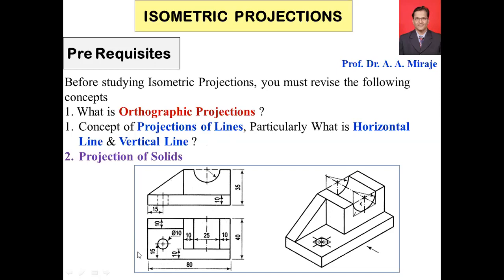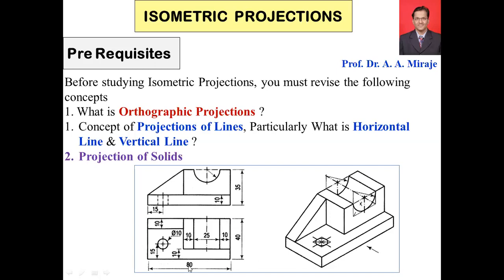Now there is some important point in the top view. In the top view, initially you feel that this 80 is the horizontal line, exactly right. But now there is some confusion whether this 40 line is horizontal or vertical. Here students get a little confused. So this 40 line is also a horizontal line and not a vertical line. Why? You see, this 40 line is here and this 80 mm line is here. When you see from the top, both these lines are parallel to HP. So this is a horizontal line, and this is a horizontal line.